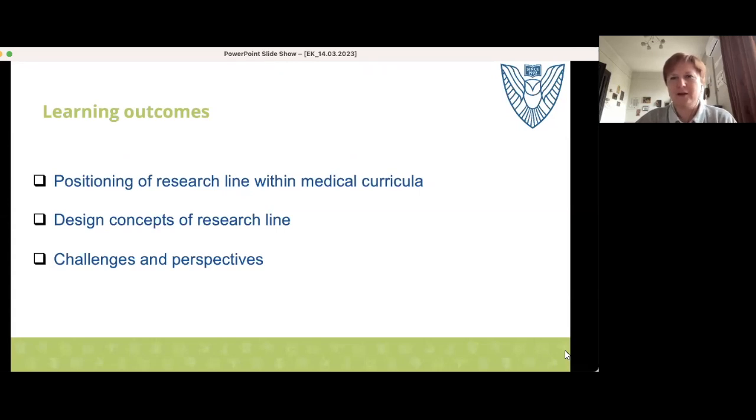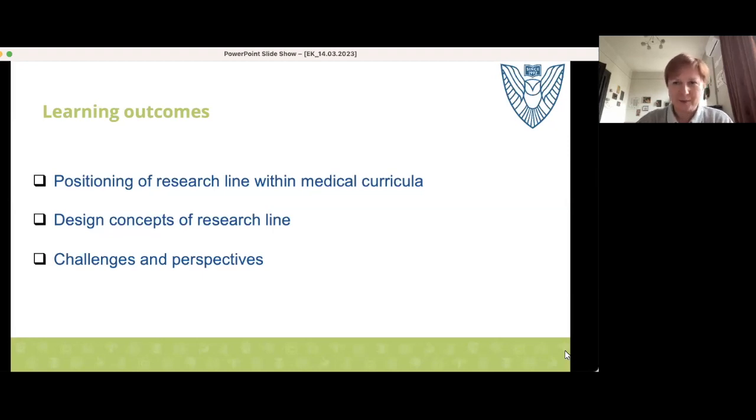First of all, we placed the research line in medical curricula. I will share with you our opinion and also expect to get some questions as well as your points on how it happens in your university, in your medical curricula. Also, I would like to share how it is constructed, and will be happy to listen how you are dealing with this problem, because maybe I can learn something new and incorporate it in our curricula as well.